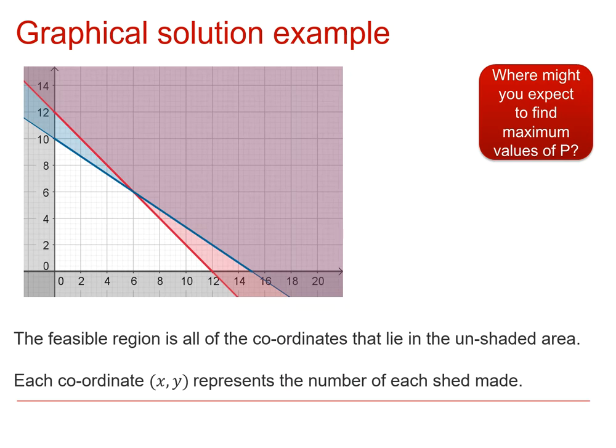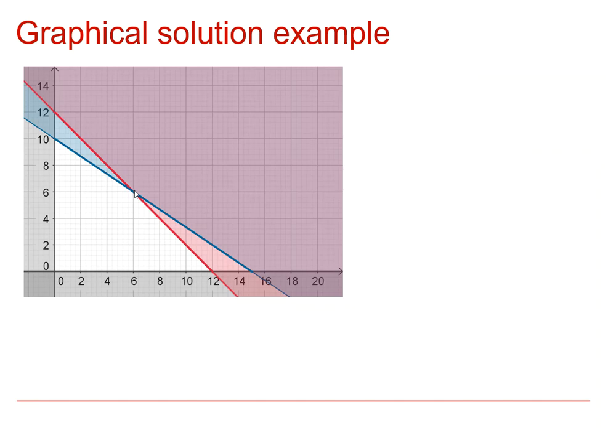Now you might want to have a think about this. I'm not talking about precisely where, but just in terms of what sort of place within that region do you think we're going to find the maximum values of p? Remember that p is a linear function as well, so as well as the constraints being linear equations, the objective function in linear programming is always linear as well. So the only places actually that could be possibilities in terms of maximizing the objective function are going to be these vertices of the feasible region, and in this case we've got 4 of them,